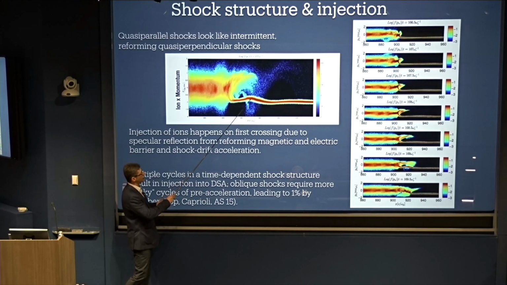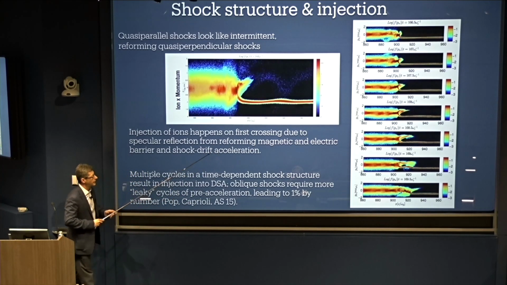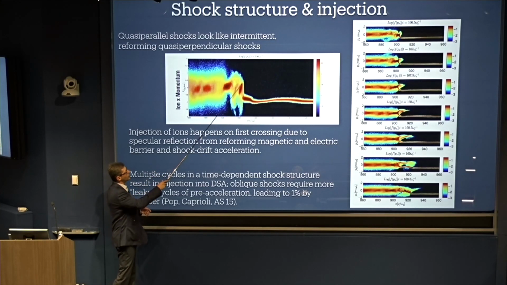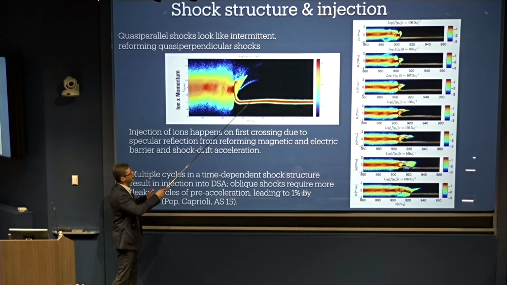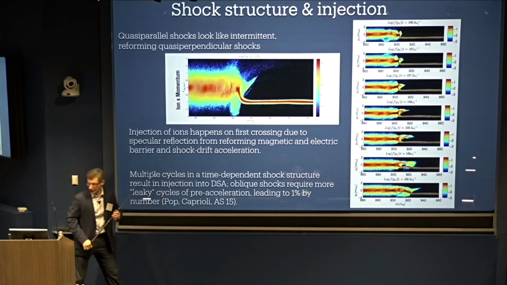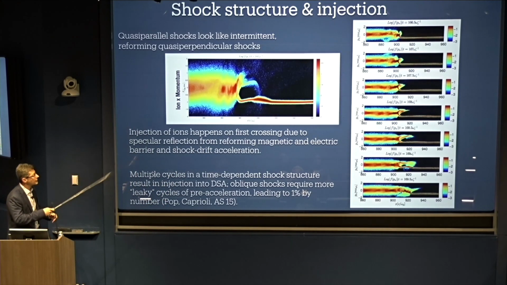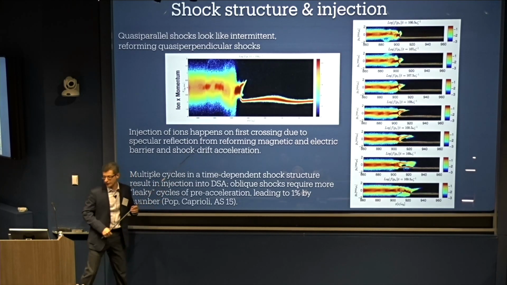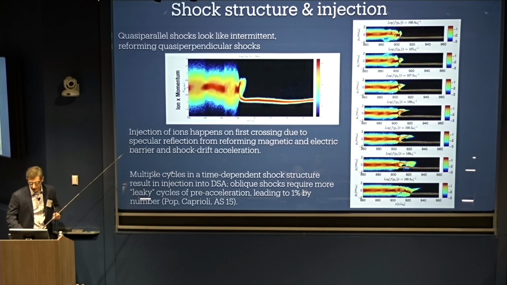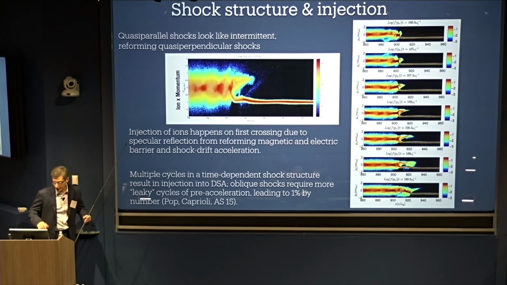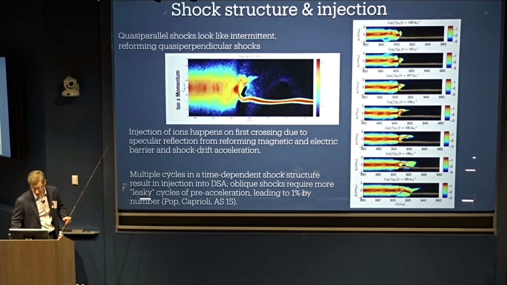The efficiency of this process depends on the inclination of the background field. If the field is too inclined, the particle needs to gain more energy in order to outrun the shock, in order to end up going along the field faster than the shock. It needs more of these cycles, and each of those cycles is lossy, so there are fewer particles that end up accelerating. So that's what ion injection is determined by.